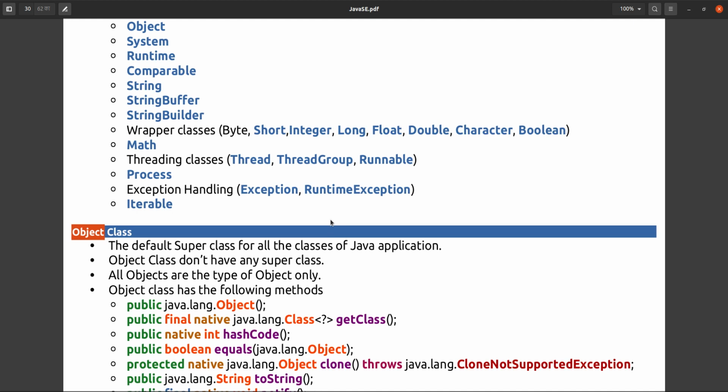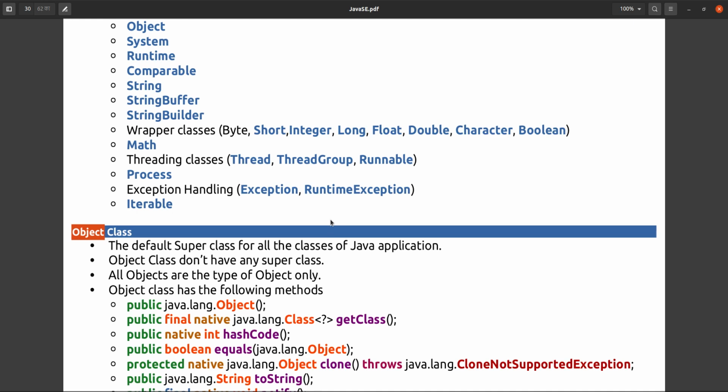So everything is object in Java. In object oriented programming, we say everything is object. It means every class is the subclass of object class. Yeah, we can say that everything is object. And how is everything an object?